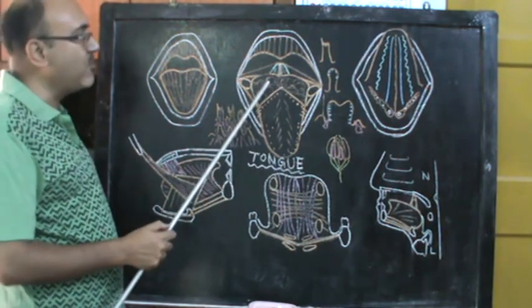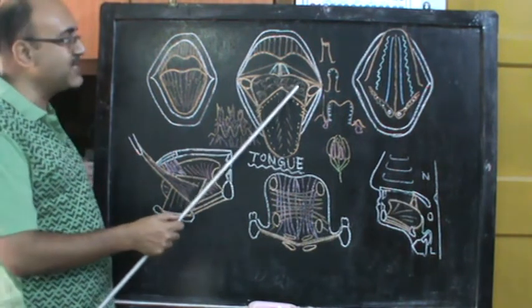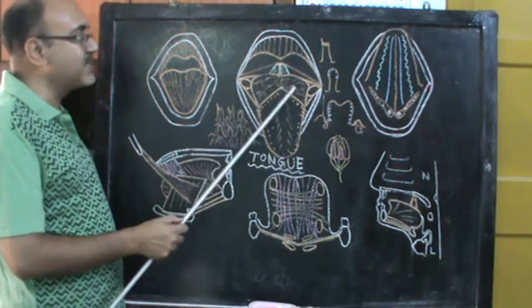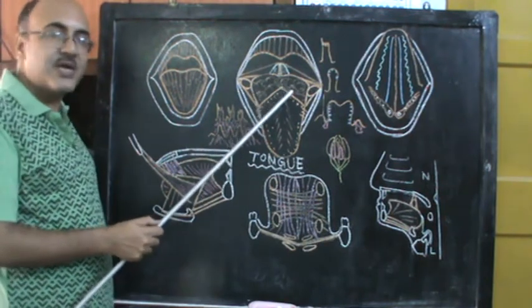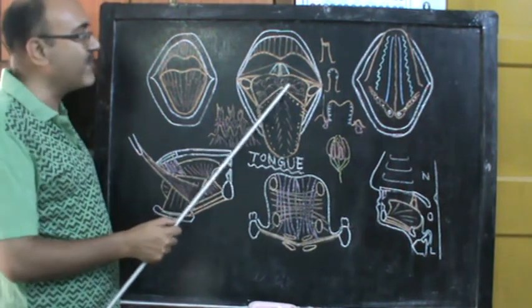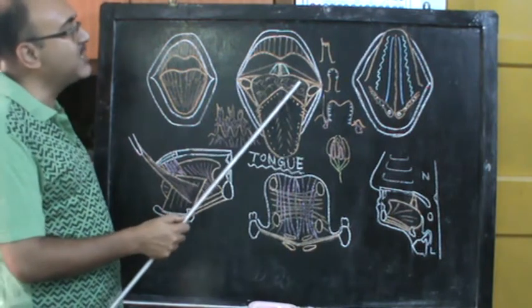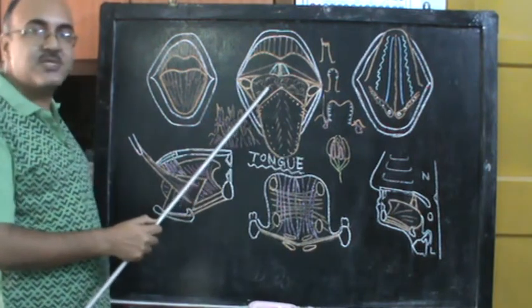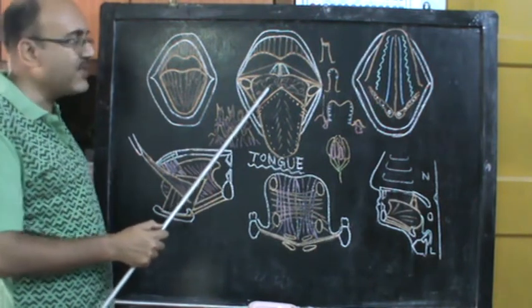And rather smooth. Although it is rather smooth and glistening, it does have ups and downs. It has a lumpy, bumpy appearance because underneath the mucosa of the posterior 1/3 of the tongue you have considerable amounts of lymphoid tissue forming what we call the lingual tonsil. So the posterior 1/3 of the tongue, though the surface is smooth, it is bumpy and slightly uneven because of